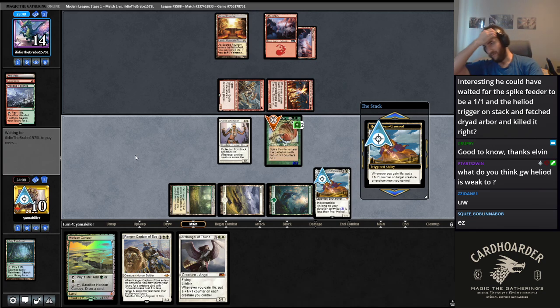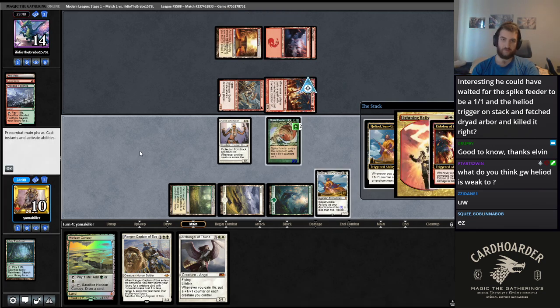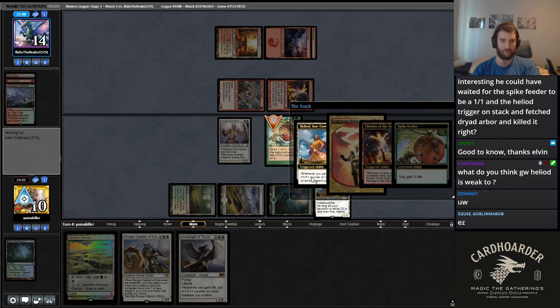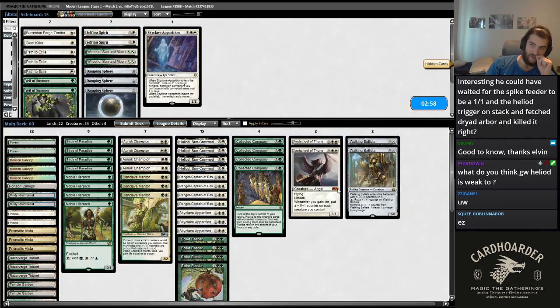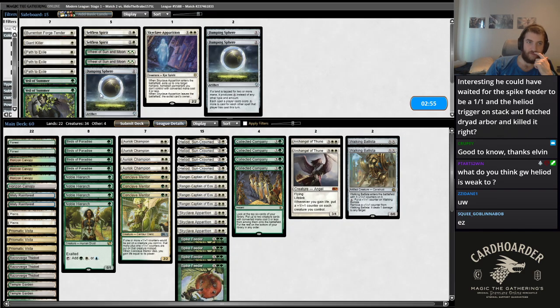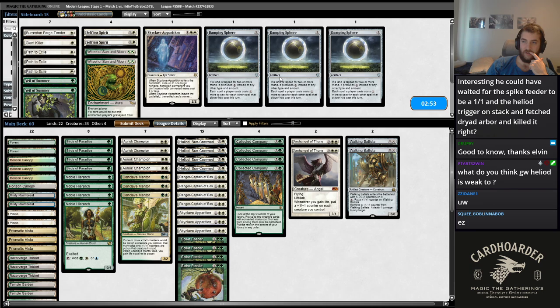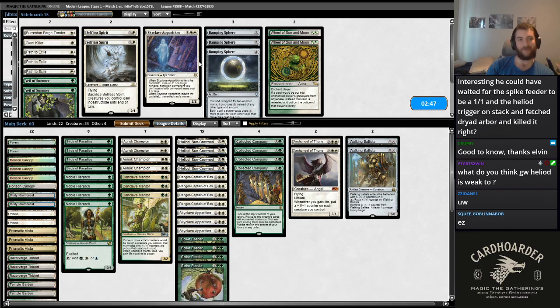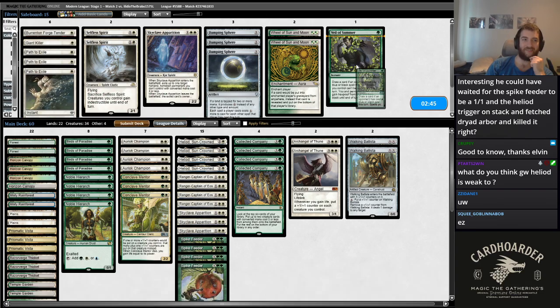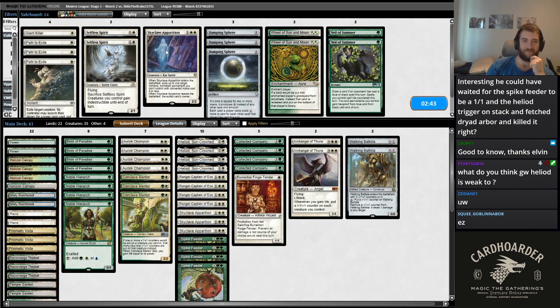They literally make any move ever, they just die. What I think green white Heliod is weak to is just a pile of removal spells deck, I think. It's also not great against control. That's actually incorrect. What the deck gets really rough against is...